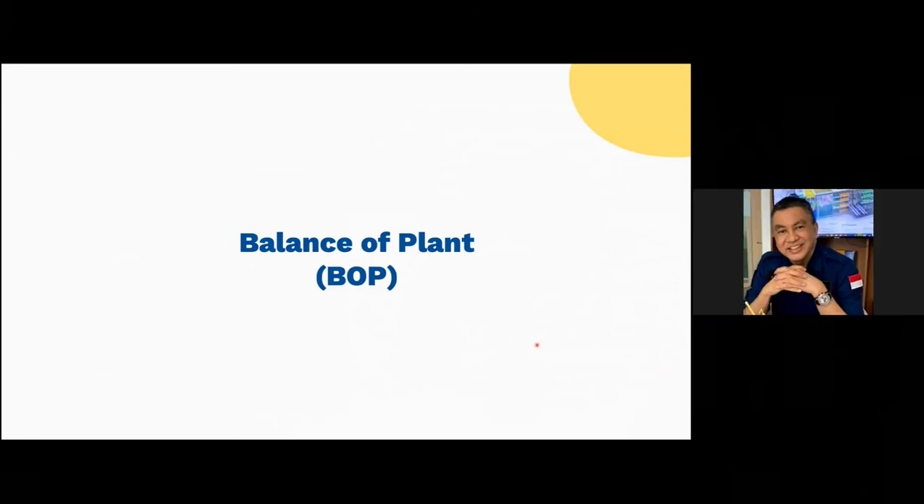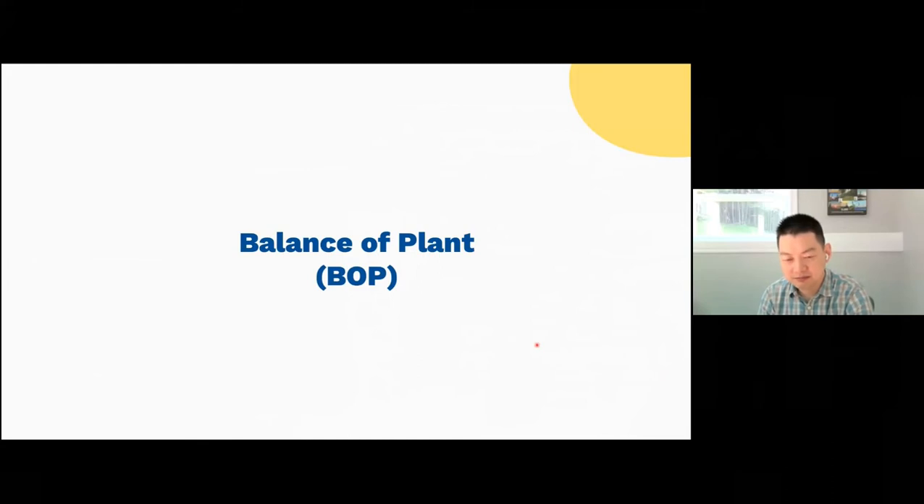Okay, so the third part of the presentation is about the balance of plant, because the steam turbo generators and the switch yards are all in this part. And it's very important for power generation. It's not a safety concern, but